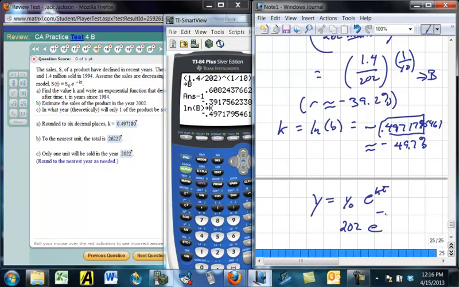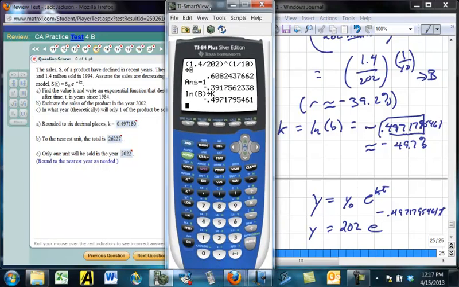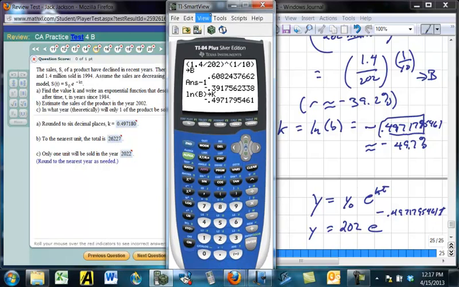And then put that k, negative 0.4971795461 t. Or we can replace t by t minus 1984 if you'd rather, if you want to be able to actually plug in the year number. So either way, you're going to have to take the year number 2002,